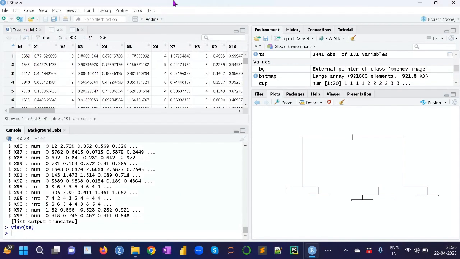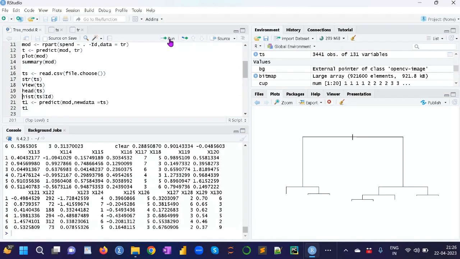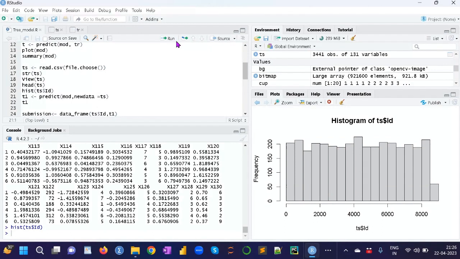There is only the ID column which I am using. Head shows 5 rows and columns. Then histogram, because there is only the ID column.